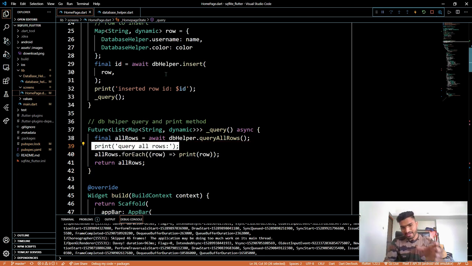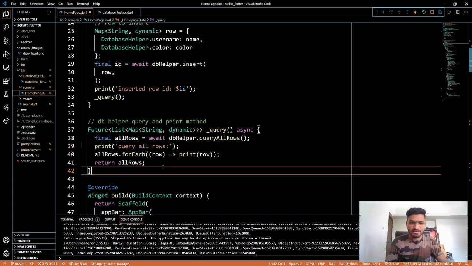I have accessed the data, so I can do whatever I want to. I can print it on my screen in my UI as well, and then I can send it to some API, or some remote database. I can do whatever I want to. Right now we are going to just print it.